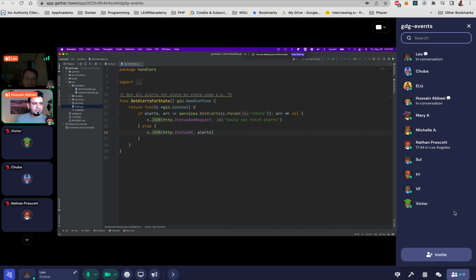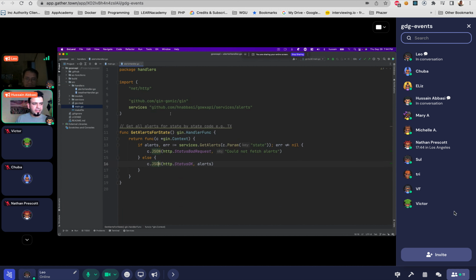So all I'm doing here is I'm using yet another package called services, and I can name my package services. And I'm calling in a service to actually call the response and get the response for me. And I'm looking for a parameter in my context of the name state. So when I passed in FL, this is how I passed it in. And if you notice, the if OK pattern is in use here, so I'm saying get the alerts back and look for any errors.